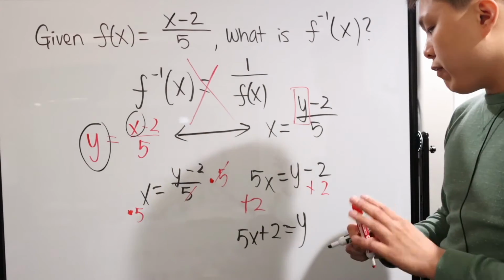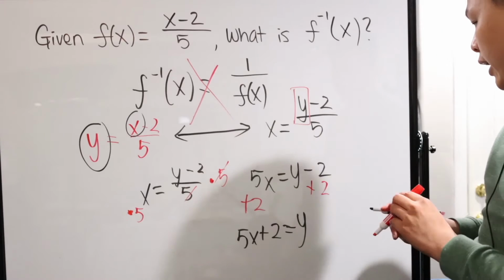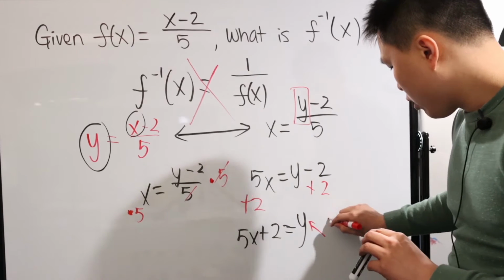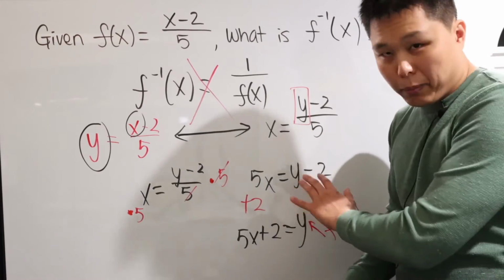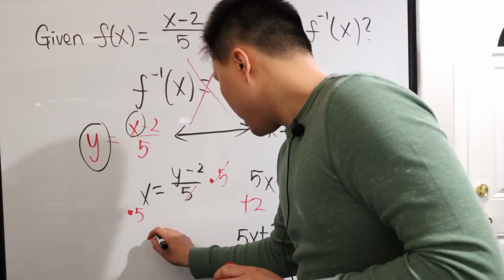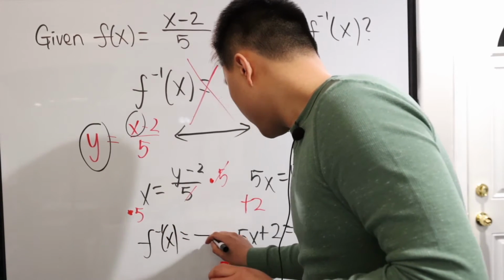So rather than have y, we're going to rewrite it not as f of x, but as the inverse function. So technically, this right here is going to be our f to the negative 1 of x, or f to the negative 1, not power. All right, so let's see. Basically, the answer in this case is right here. Our inverse function is this guy right here,